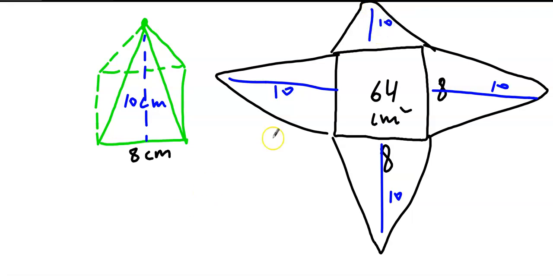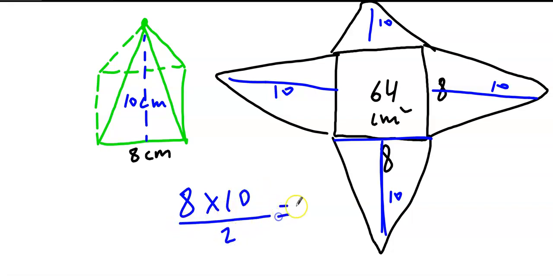So we have to do the area of triangle by multiplying. The triangle is 8 times 10. But remember, triangles take that and divide the answer by 2. So 8 times 10 is 80. We take that and divide it by 2, and we get 40 square centimeters